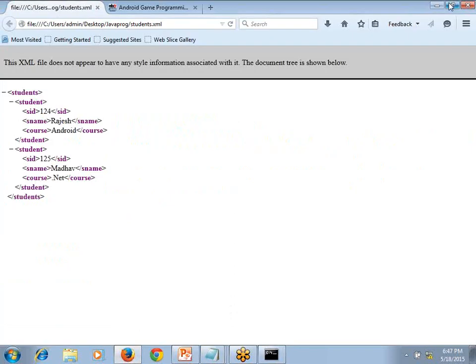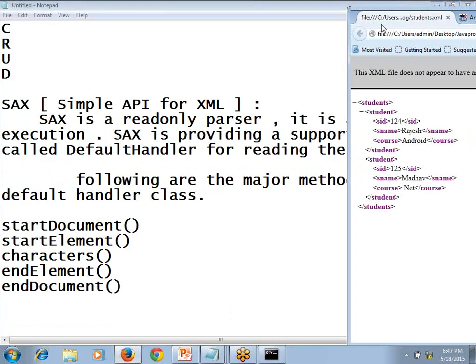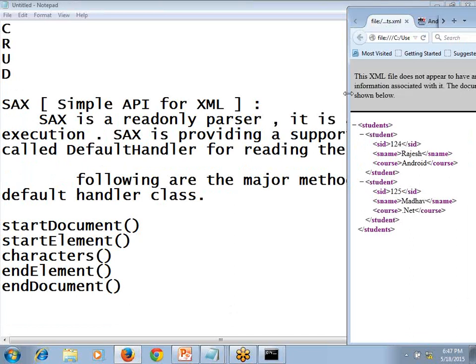So for example, this is our XML file, right? Before we start reading the data from the XML file, which method is going to be called at this position? It has not started reading the